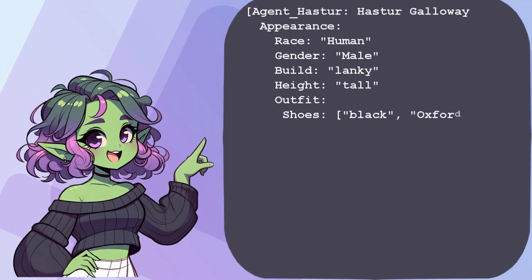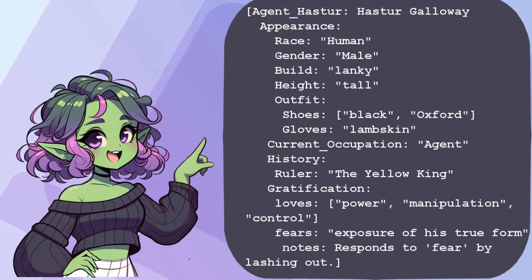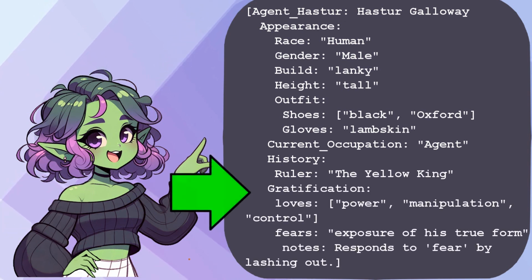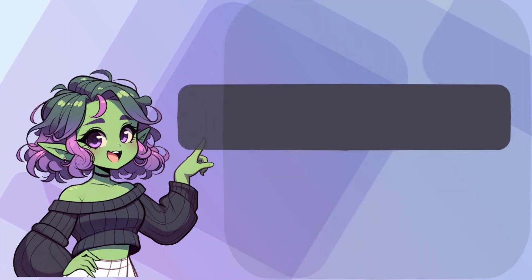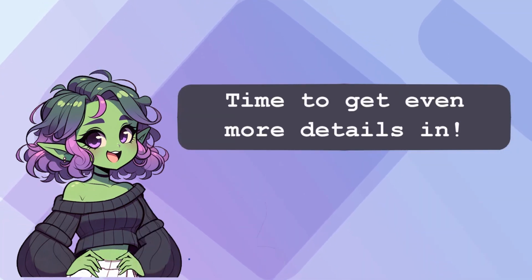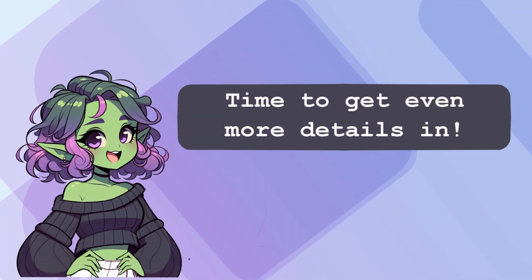When we string those all together, it should look a little something like this. We've got our labels gratification and flaws, and within those we've gone ahead and nested two different labels each, sometimes with one variable and sometimes with multiple variables. These details give the AI a framework for how Hoster might react in various situations, making him feel more intentional